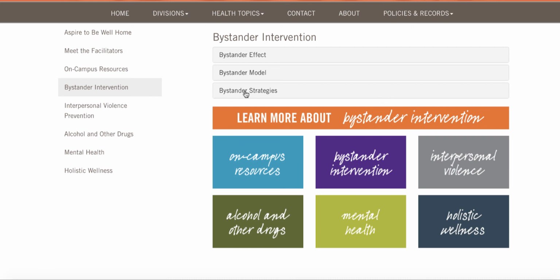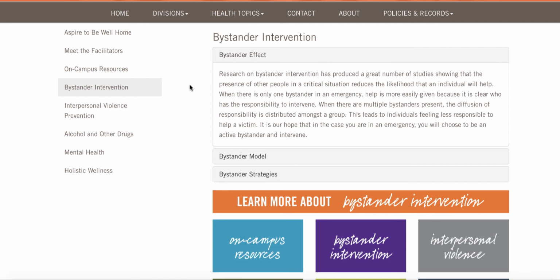I'm sure y'all have also heard of the bystander effect, or the diffusion of responsibility as it's often referred to. Basically the bystander effect is a proven concept that if there's a situation going on, so maybe someone falls on Library Bridge and there are a ton of people walking, there are a ton of people around, so many bystanders, everyone is watching this event taking place, but no one's actually stepping in to help. In the case of someone falling on Library Bridge, there are a ton of people there watching them, but everyone else is thinking that someone else is going to do something.